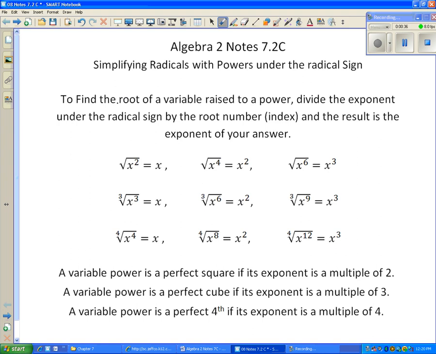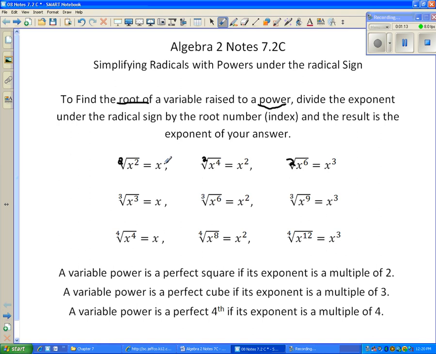So to find the root of a variable raised to a power, divide the exponent under the radical sign by the root, the index, and the result is the exponent of your answer. What in the world is that saying? Well, remember, over here I have a power 2. I have squared. Anything that doesn't have anything marked, we know that that's squared. So to find the root of a variable raised to a power, divide the exponent, so divide 2 by 2,